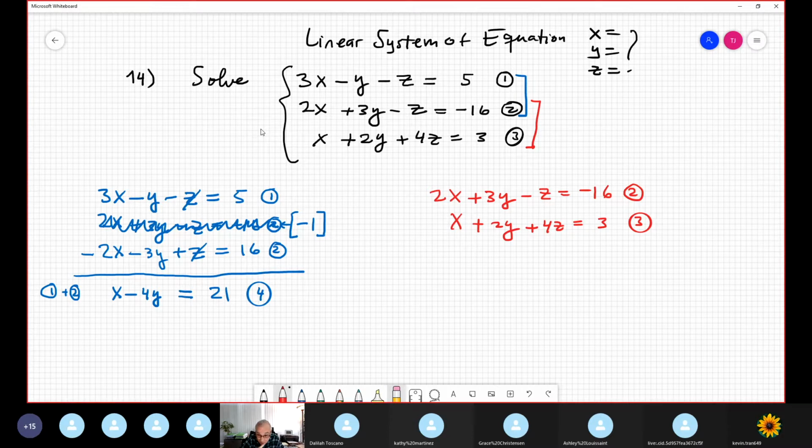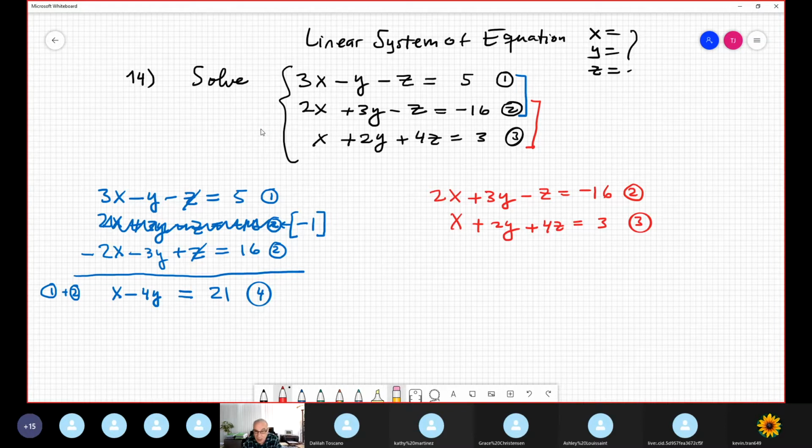This is the most important idea. If you decide to eliminate z in the first pair, you do something in order to eliminate z in the second pair too. If you eliminate y, it is not good,